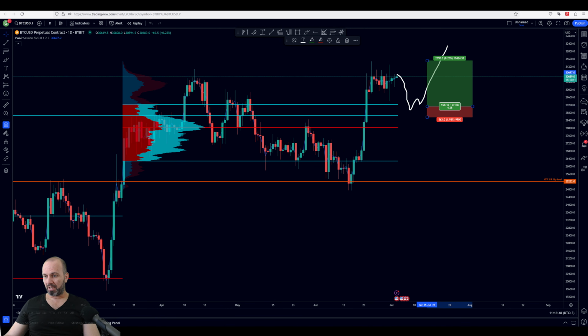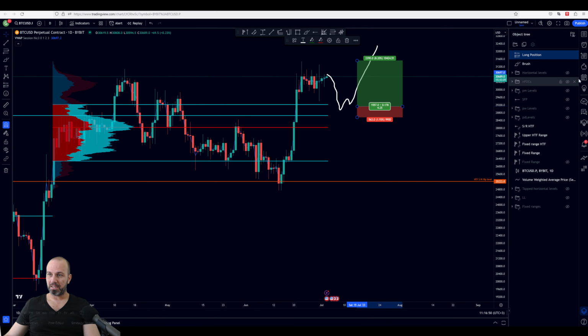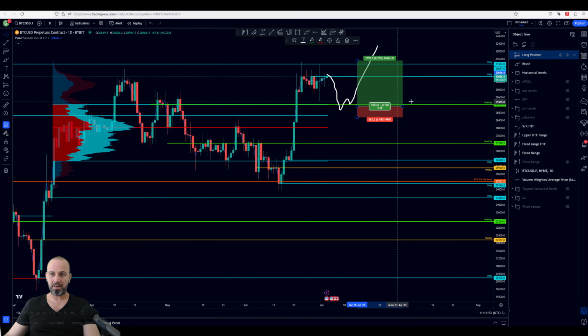Also, in this area, if we enable the horizontal levels, we do have this monthly level, right? 29,237. This monthly level is at the same level with the value area high of this high time frame range. So that could be another level to be taken into consideration, right? That would be another level of confluence, and we could use this level for a possible long